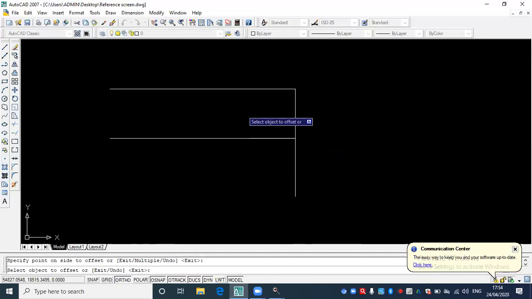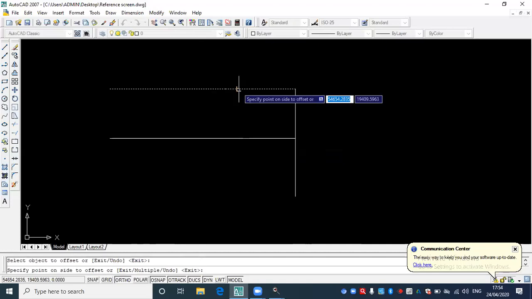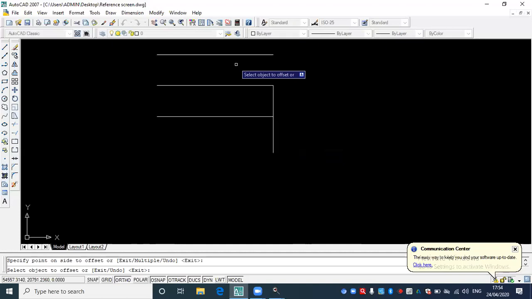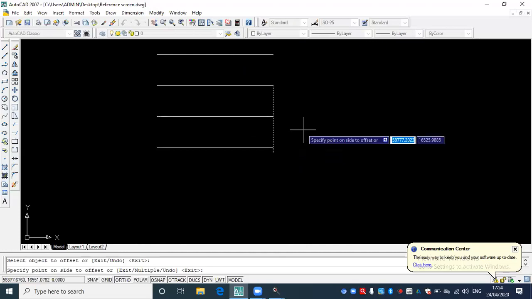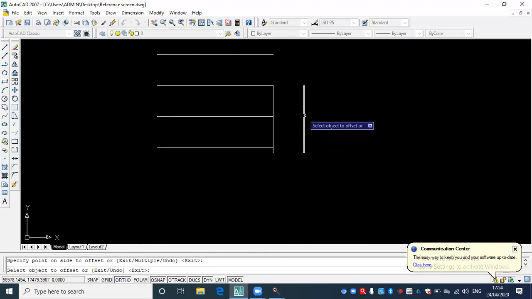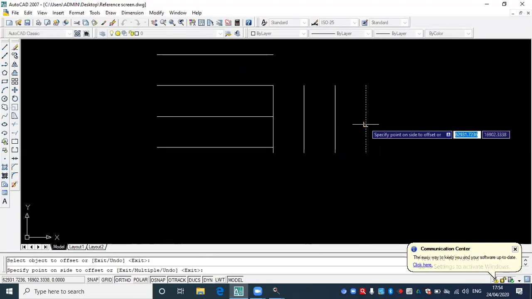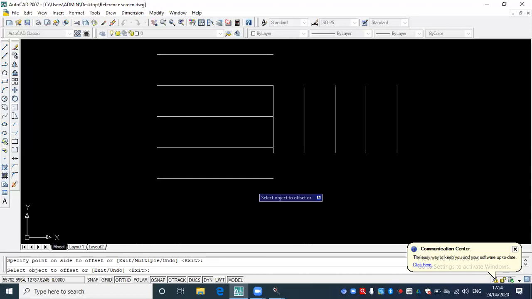Okay, you want to create the offset on the other side. Yes, the line is created at a distance of 2000, absolutely parallel. You want to create another line from here to this side. The offset distance 2000 remains constant unless you want to change it. All these lines are created at an offset of 2000.